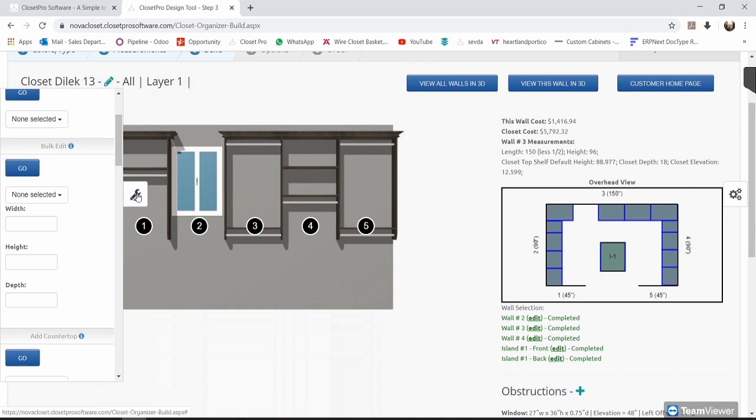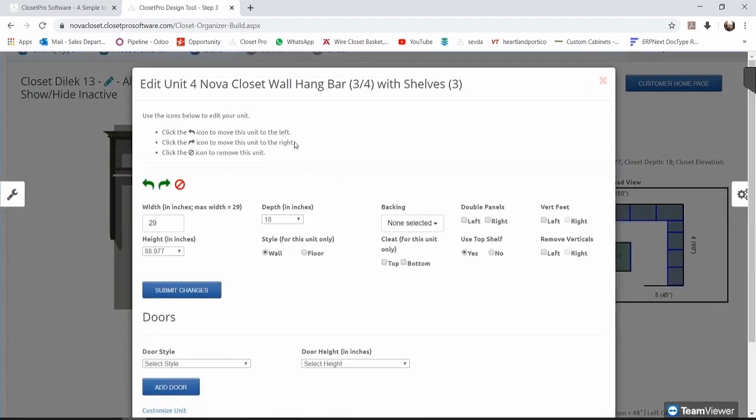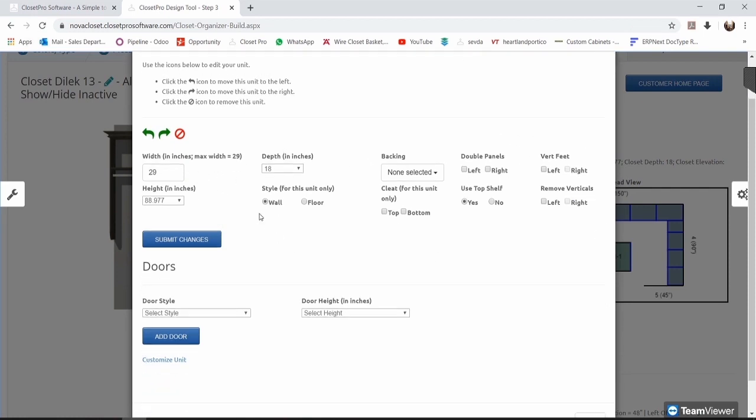okay. So for example, let's make number 4 a little bit higher. Let's click edit unit and see in this place, we can customize its width, its height, its depth here, its style. We can add backing just especially for this unit. We can add double panels, vertical feet. We can remove verticals, use a top shelf, cleat, or etc. Any of the things that you want. Here you can do these